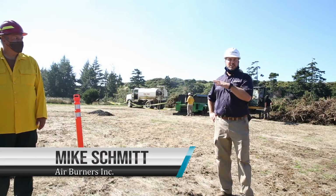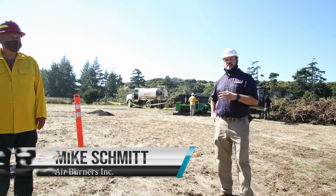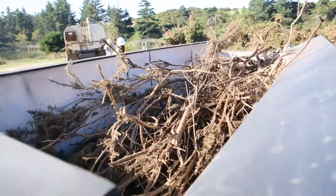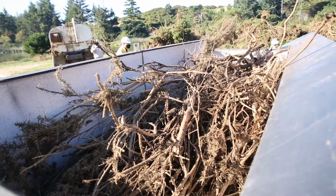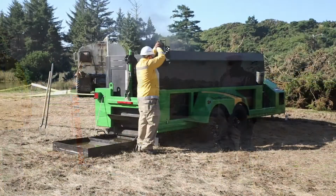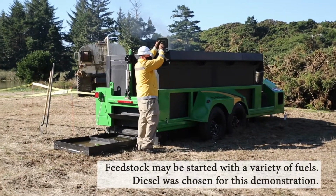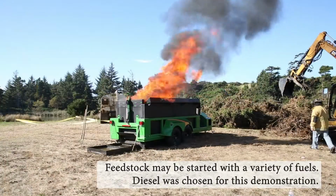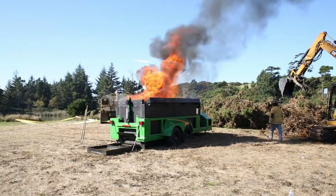The firebox is simply an air pollution control device. It's designed to just control the smoke and control what you're burning inside of the firebox. You start the fire inside of the firebox just like you would with a normal campfire. So you'll get a torch or some sort of flame and you'll ignite some good burnable material inside of the firebox. And then what it does is that the